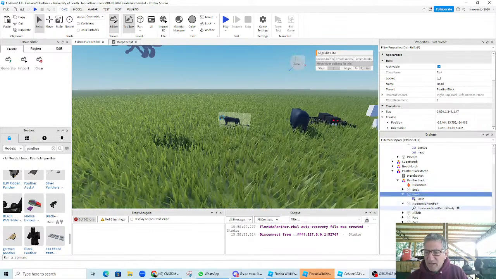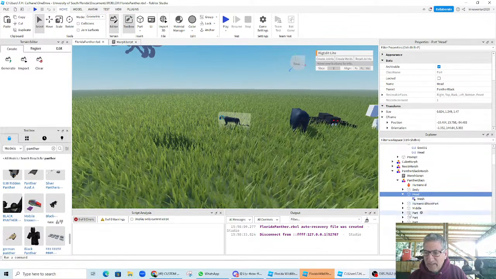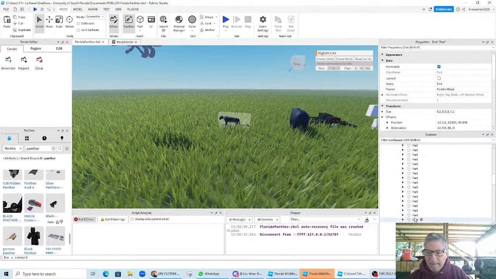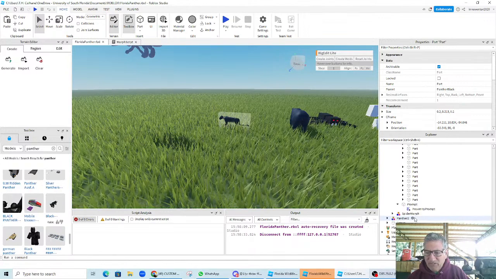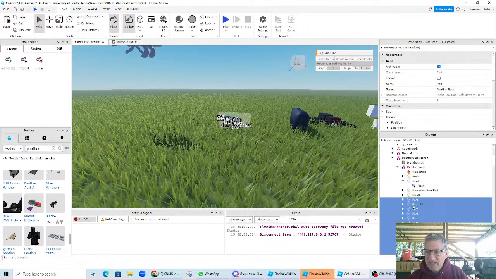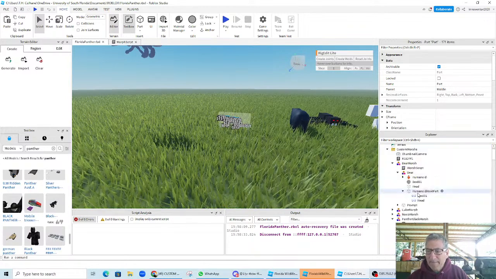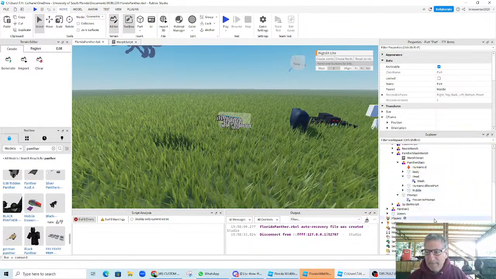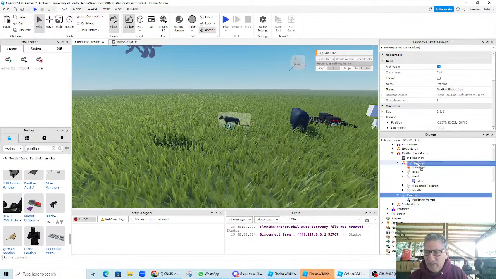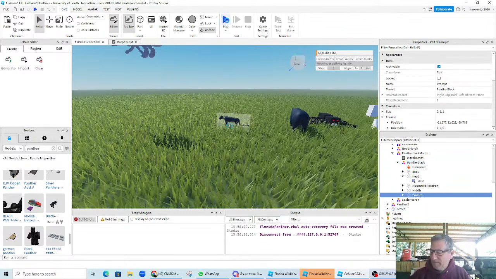Boom, to the body. And then I've got the humanoid root part, which is attached to the body. And then I got actually all the parts. But what if I were to just parent them all? Because there's just so many. And move all those parts into the middle. And then take the proximity prompt and put that within the Panther model as well. So now when I hit play,